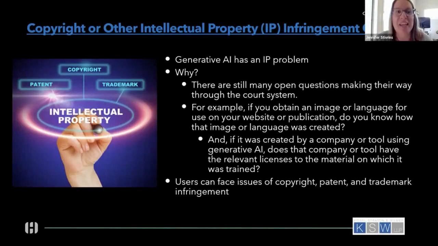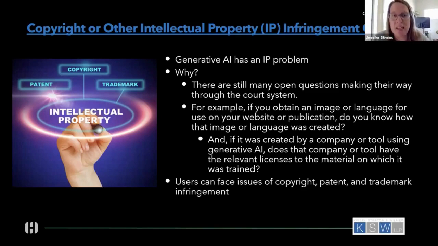Generative AI, particularly in the media sphere, when you're talking about written language and particularly images and music, we are seeing basically generative AI, and I'm using air quotes here, "create" a new image or music or text that is based on something that was not its property to begin with.